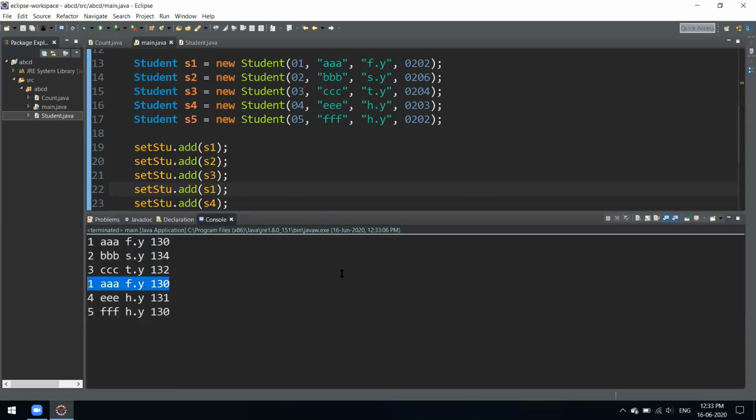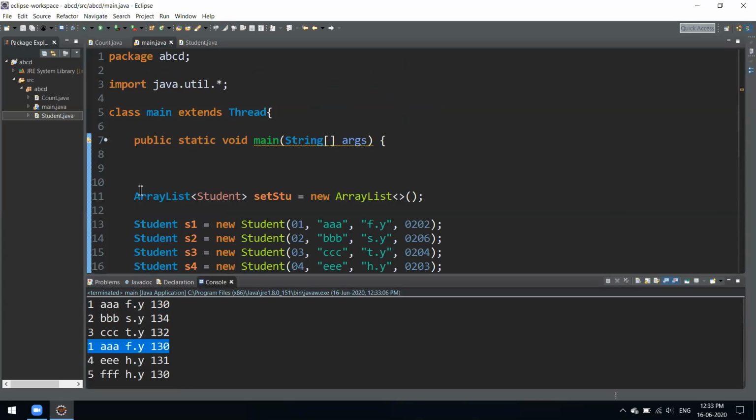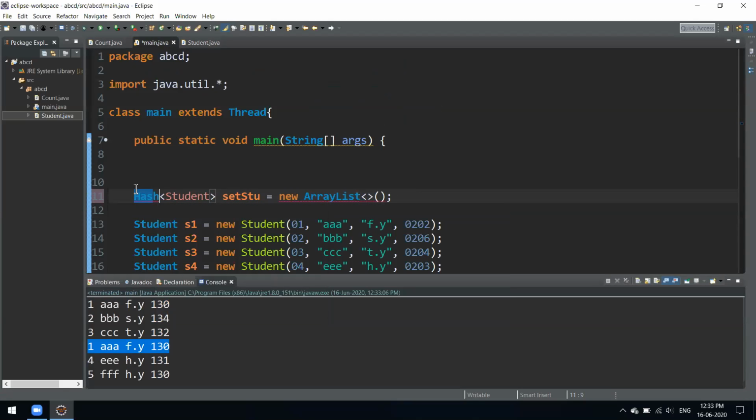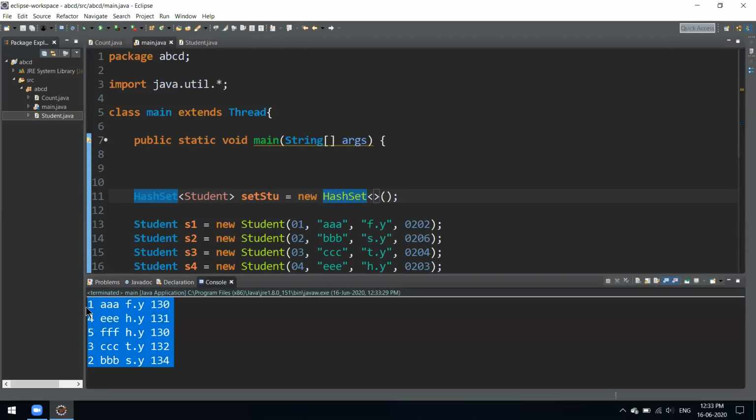Now if we make it our hash set again, yeah, now we have our hash set, and if we try to add it again, it will not be accepted, because a set is made for that purpose only, that you should not have duplicate entries in it. Okay, that's why it was made.